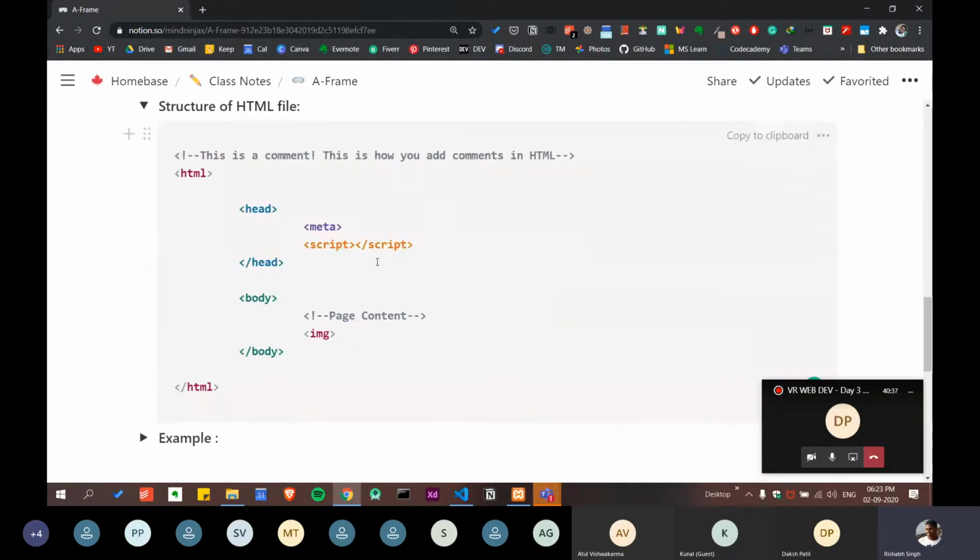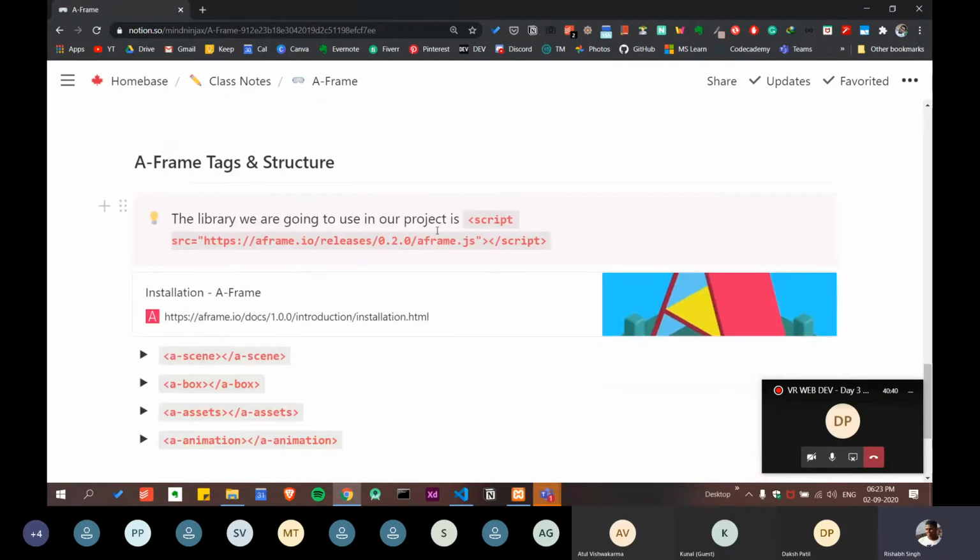Let me show you what I have done. This is the library we are going to work on: https://aframe.io/releases/version/aframe.js. JS is JavaScript. It's very simple; A-Frame is just A-Frame dot JavaScript. As you can see, I've written the script tag in this format, and this is the official format to write it.